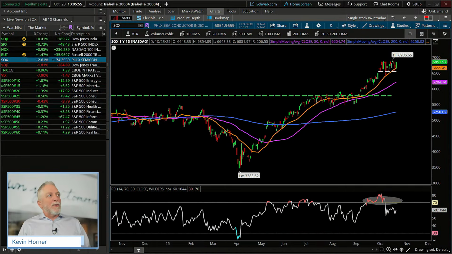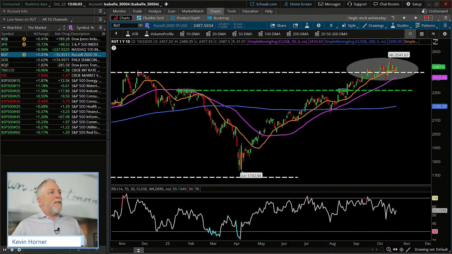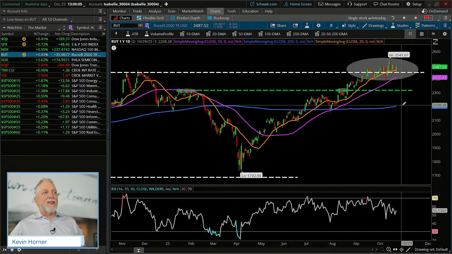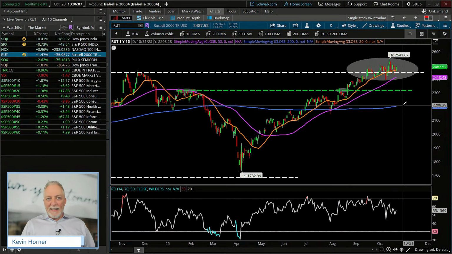But I'll tell you what, when you look at what the semis are doing, what the NASDAQ 100, the Russell, the S&P are doing, they are all remarkably higher than their 200-day moving average. So at the moment, at least, if we're looking for trend trading opportunities, I think many traders are falling into those two main windows of time, 20-day, 50-day. Now, I know JB will certainly talk about a 10-day moving average as well.